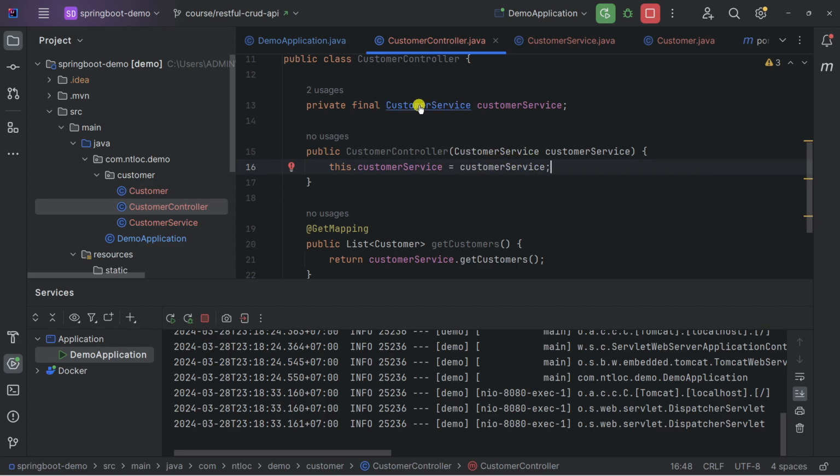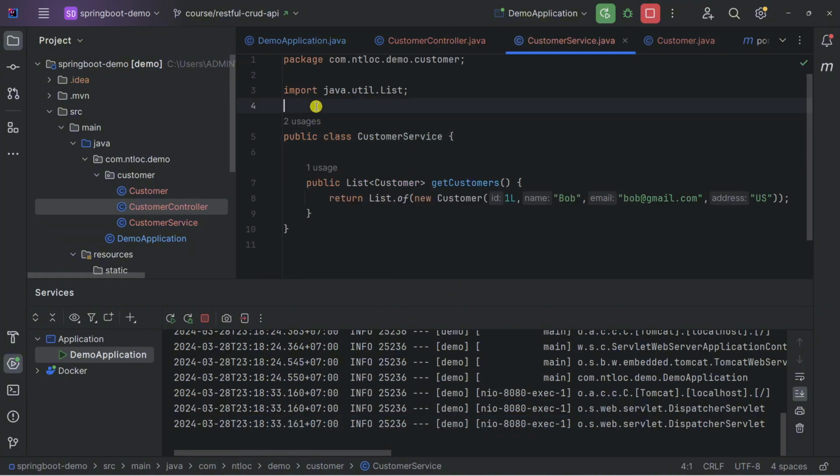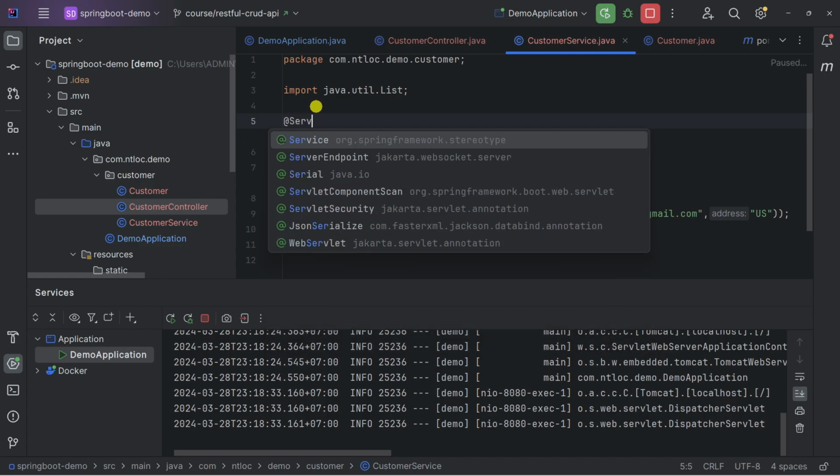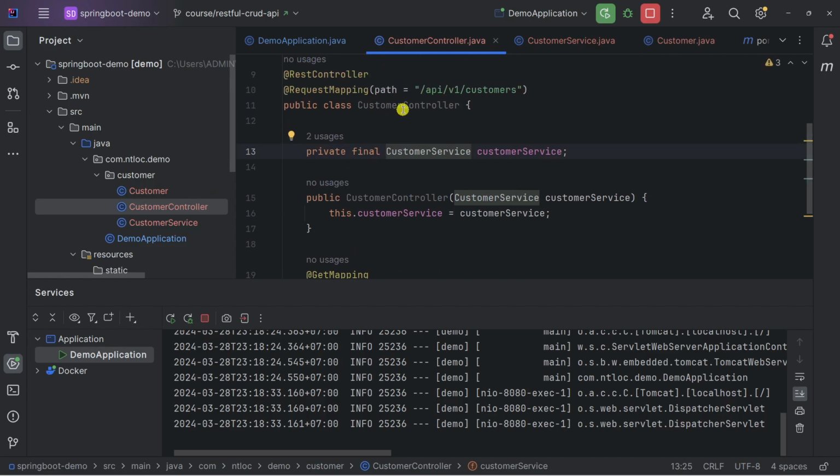Let's go to the customer service and mark the class with the Service annotation here. And this time, Spring will know this class is a bean object, and then Spring will instantiate and manage it for us. Also, it will auto-inject this bean to any place we reference it, and in this case is the customer controller.